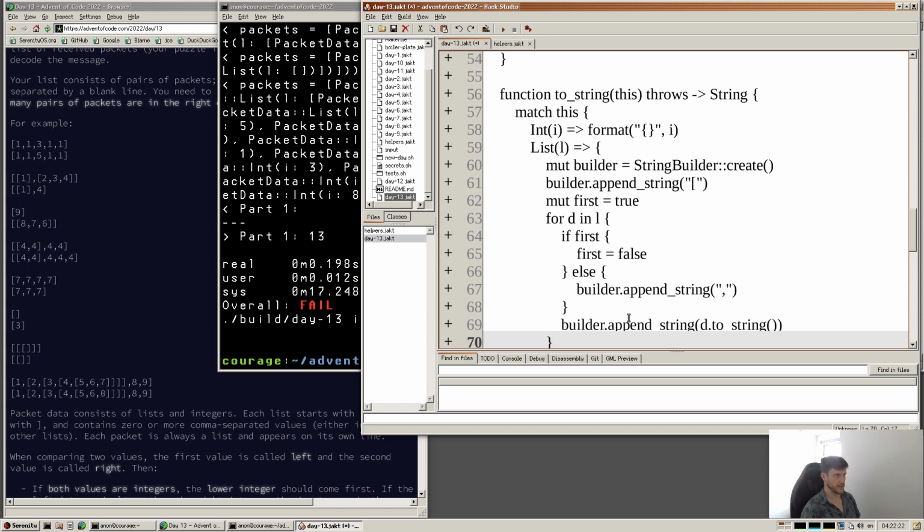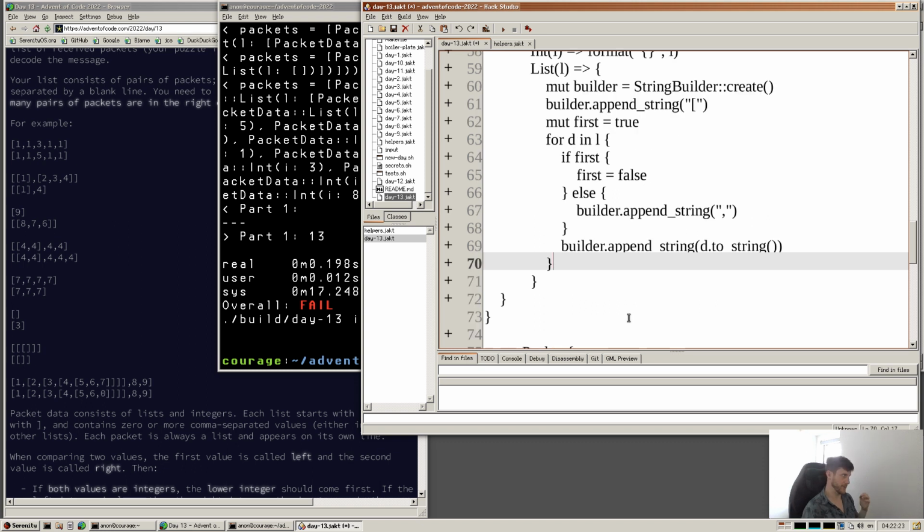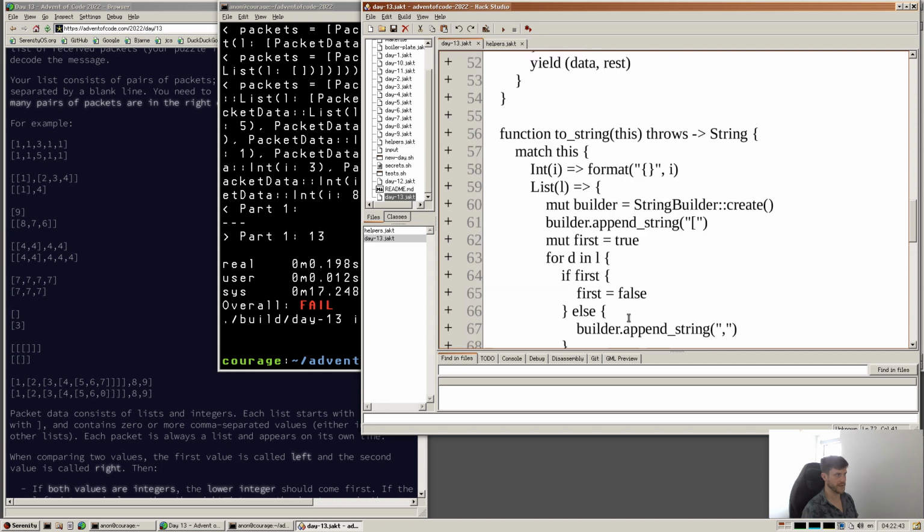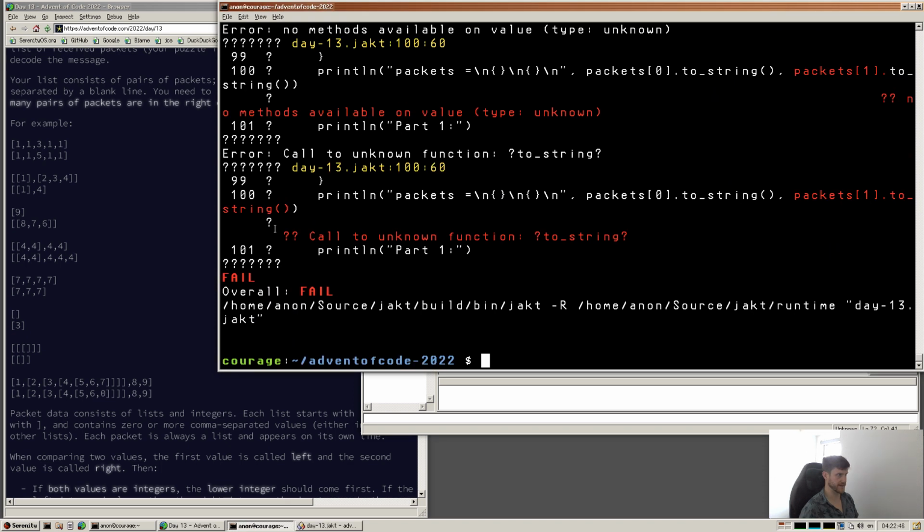So we won't do that the first time, otherwise we'll get a comma each time. At which point we can builder.append string and do that, and then just yield builder.toString. So I think that will print it out a bit nicer,